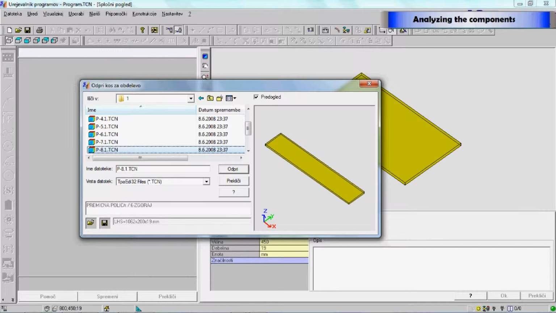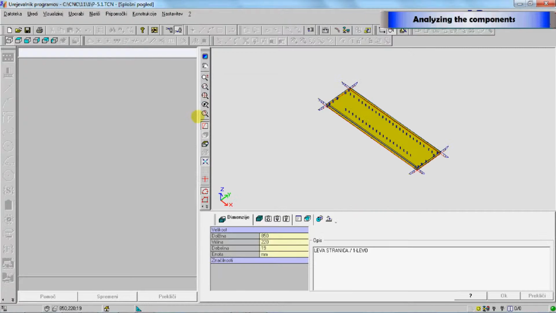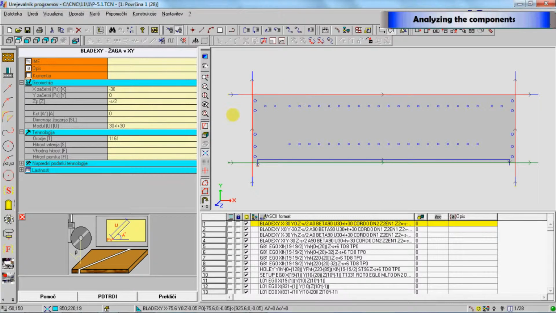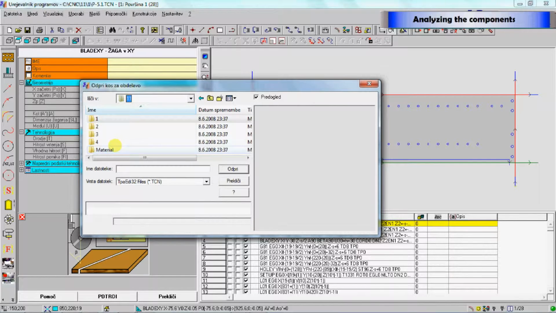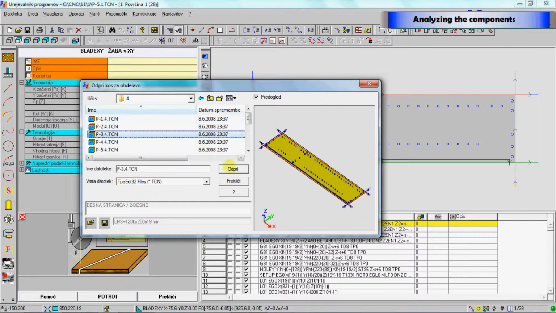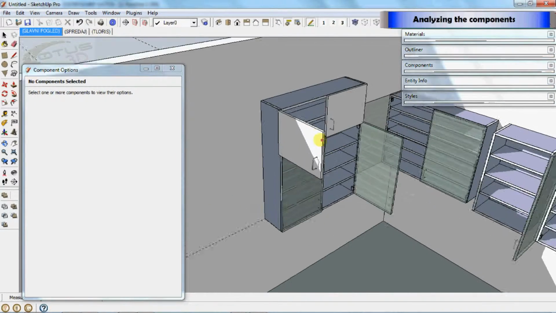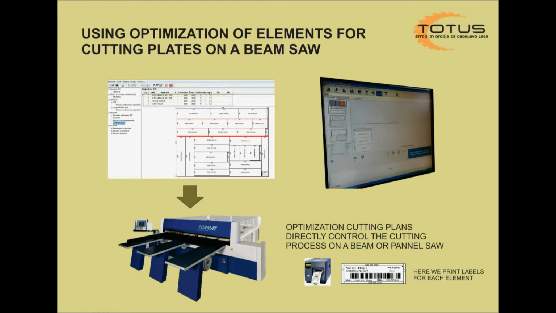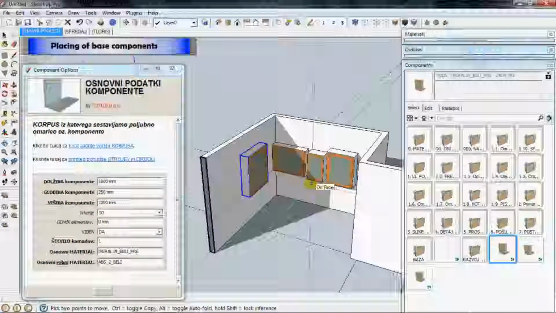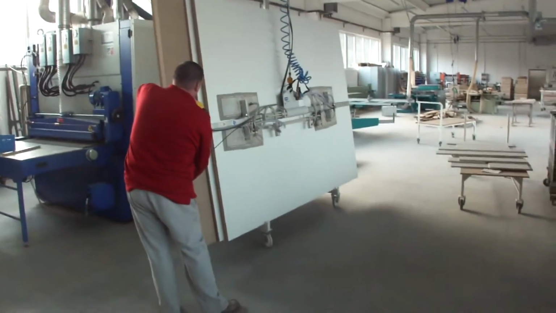At the same time, as you can see here, we also receive all the programs which are used on the CNC machines, and you can see here 4 elements for each element. They are in a different directory. These elements are ready to send to machines. Here we can see how we will do